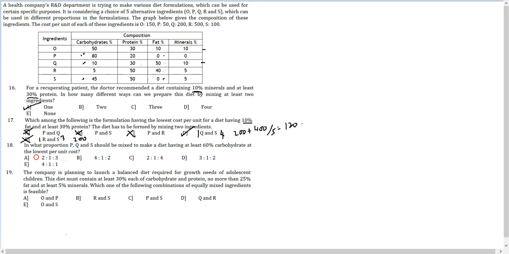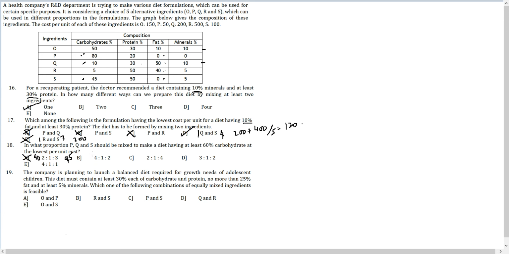So I will write down the numbers on the left and right, and if the difference turns out to be greater than 0, then that is an acceptable pair. 2 into 20, so I get 40 here. 1 into 50, so I get 50 plus 15, sorry, 3 into 15, so I get 105 here. No, sorry, not 105. 50 plus 45, 95 here. Either way, I should not have been so finicky, because as soon as you got 50 here, it means that the net result 40 minus 95 is negative, so this is an unacceptable option.